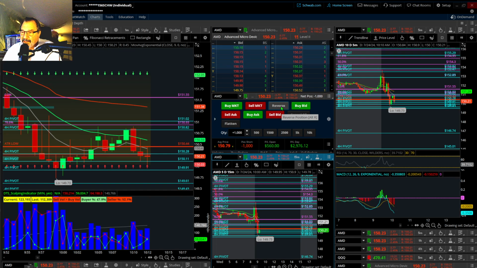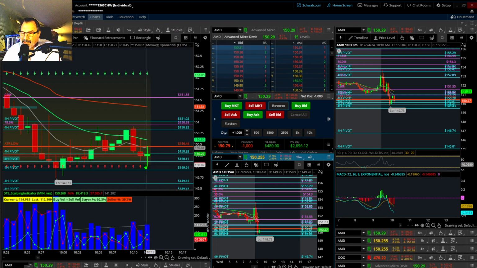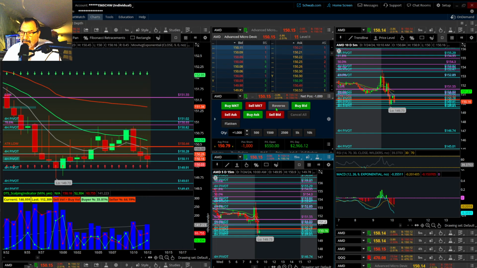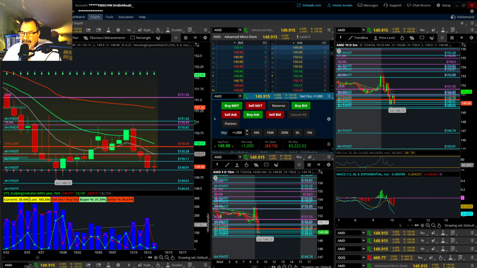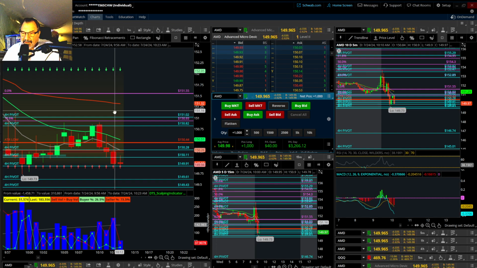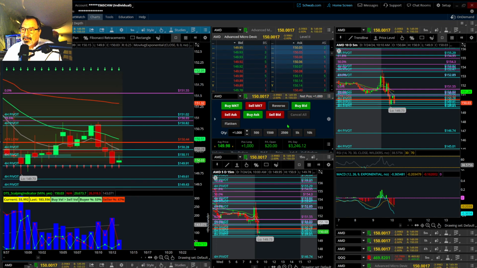So I hope everybody stayed in that short position. But I will expect some sort of a retracement here. It might have already started. Yeah, because it hit it. See how it hit it and turned around? I don't know if the price action actually got that low, but I'm going to look for the price action to get into the 149.90s or 80s down there, and then I bet it's going to bounce. So let's see what happens. It got rammed down when it wanted to turn around, and it didn't. I'm going to take that. 98. I saw a 94 up here. Anyway, bank 3K. Now it could keep going down, so I have to be careful here.